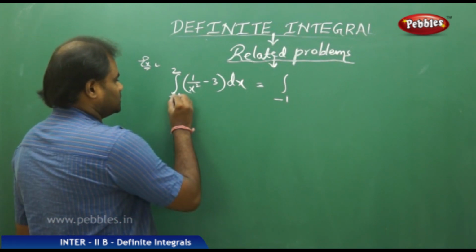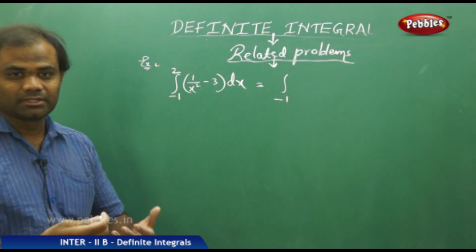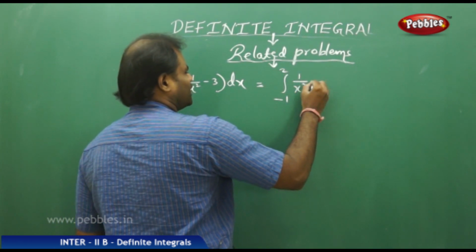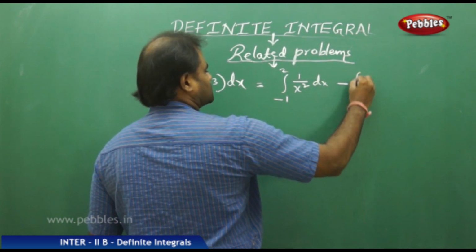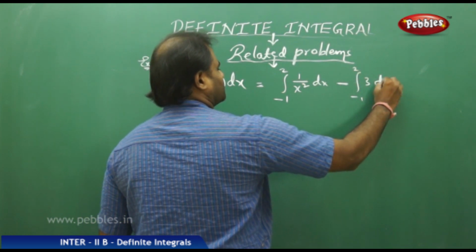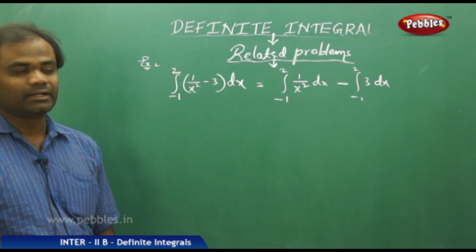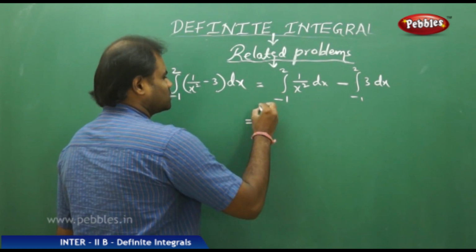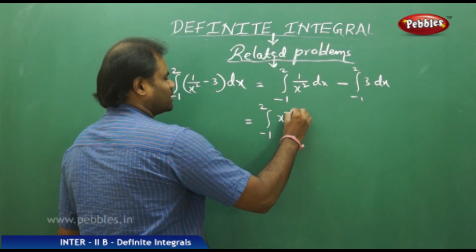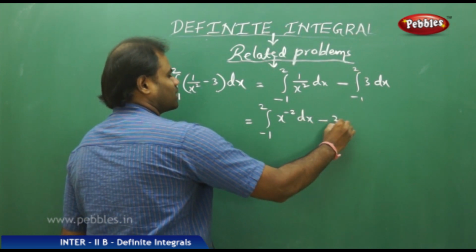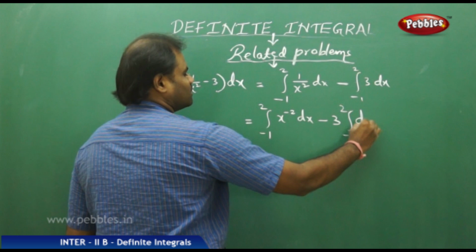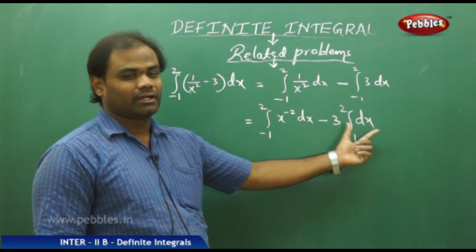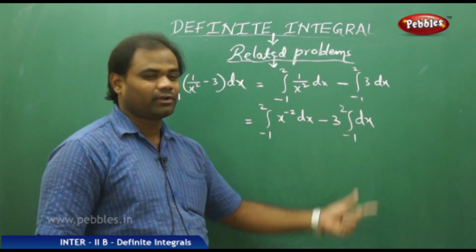That is, this integral as a sum of two terms is split as the integral of each of the terms: integral from minus 1 to 2 of 1 by x squared dx minus integral from minus 1 to 2 of 3 dx, is what we get when we split the terms. Then this can be further reduced as integral from minus 1 to 2 of 1 by x squared, which is x power minus 2, and a constant which comes out, and then I get this. So once we modify, we reduce this into the standard form, because we have the standard formula for integrals